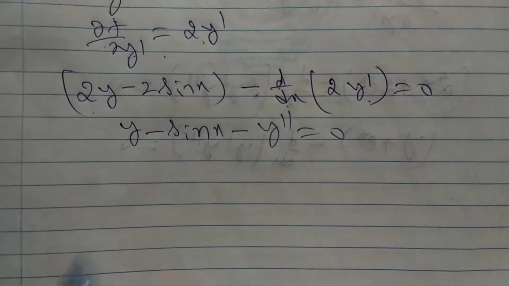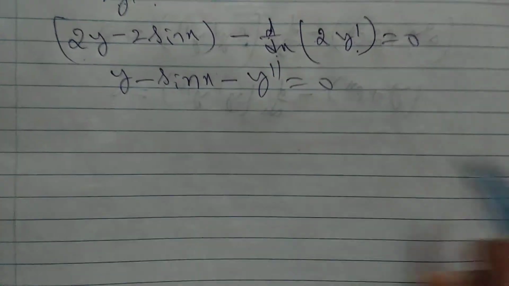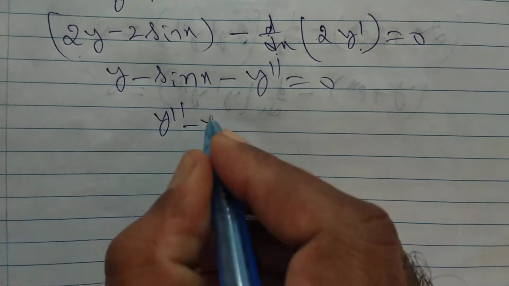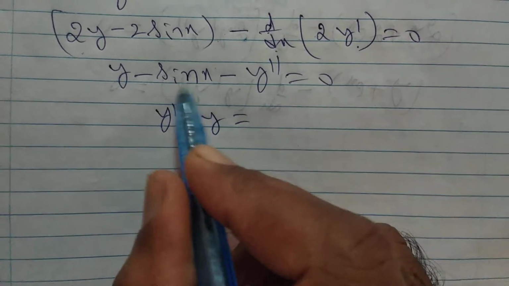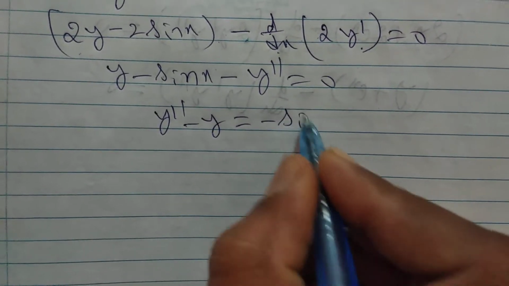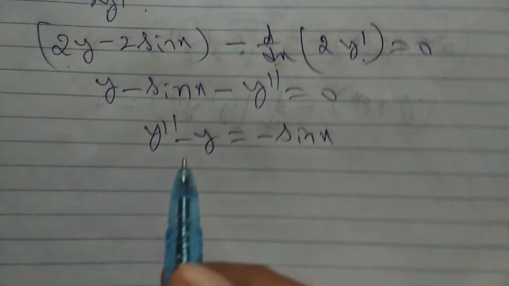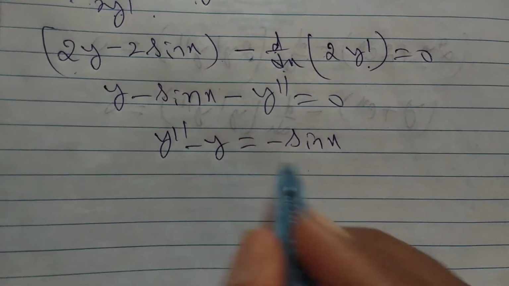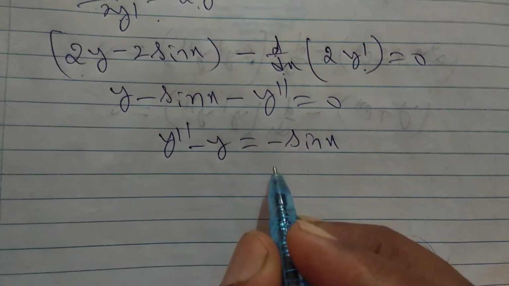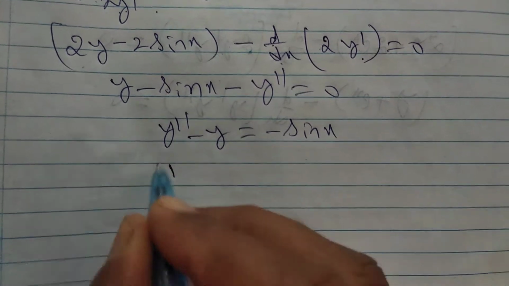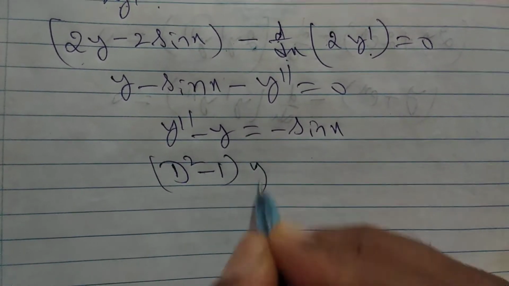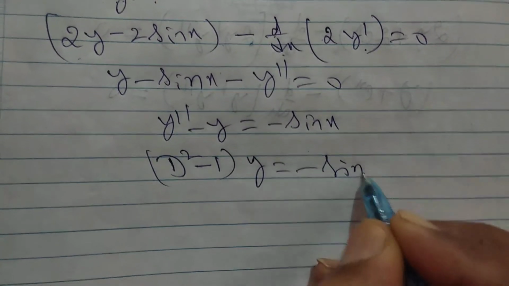Now also we take y terms one side and x terms on one side. Minus y double dash is there, we take right hand side, plus y double dash. Plus y is there, we take right hand side, minus y is equal to, so left hand side what is there? Minus sin x. You have to write minus sin x. So here also same thing, y double dash means d square y by dx square minus y is equal to minus sin x. So now we have to write in d notation. How to write d notation? D square minus 1 into y is equal to minus sin x.